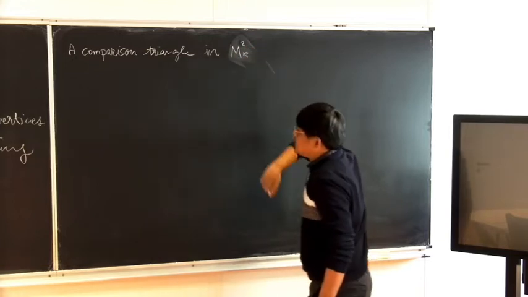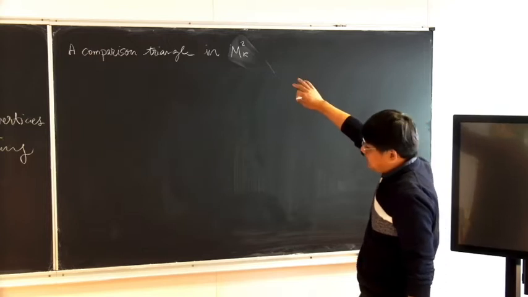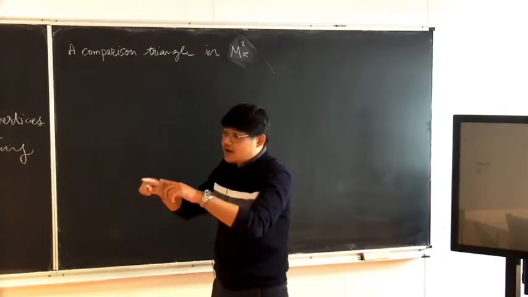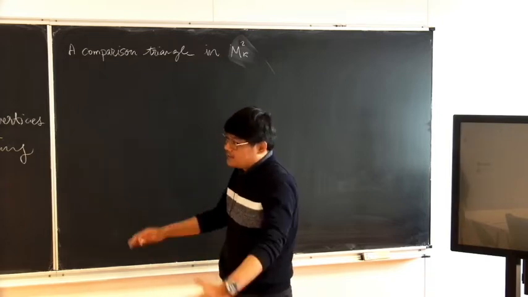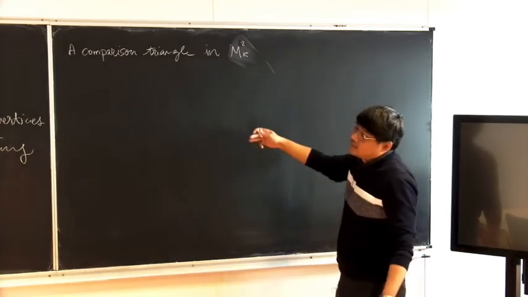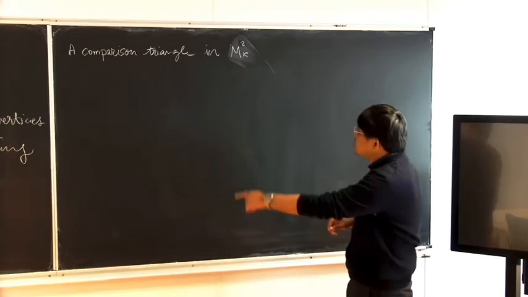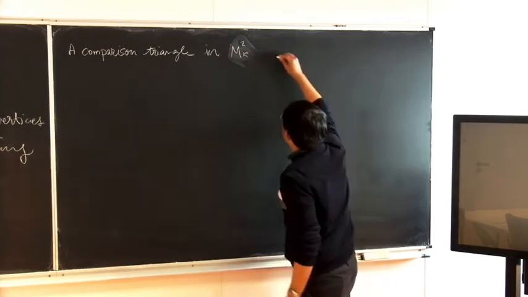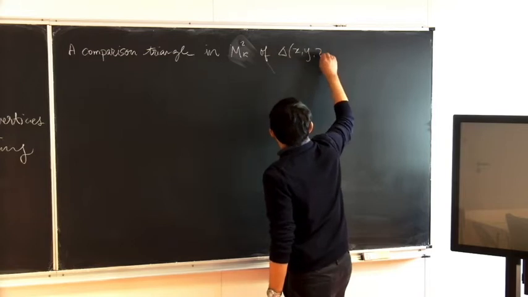We will only construct a triangle in the plane. Actually, we can construct it in M^n, the n-dimensional model space, as well, but since it is a triangle, you can consider a submanifold of 2 dimensions, so it will reduce anyway to M^2. So a comparison triangle in M^2_kappa of this geodesic triangle in X